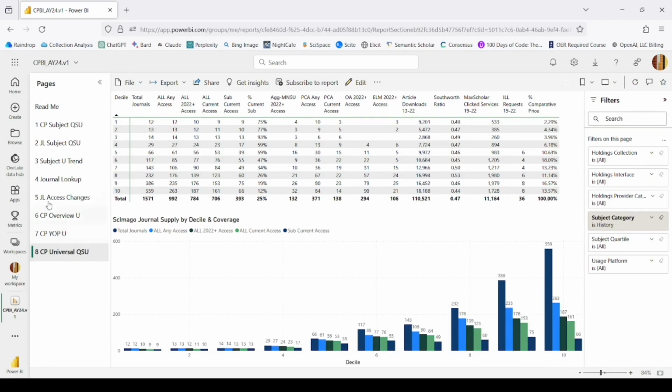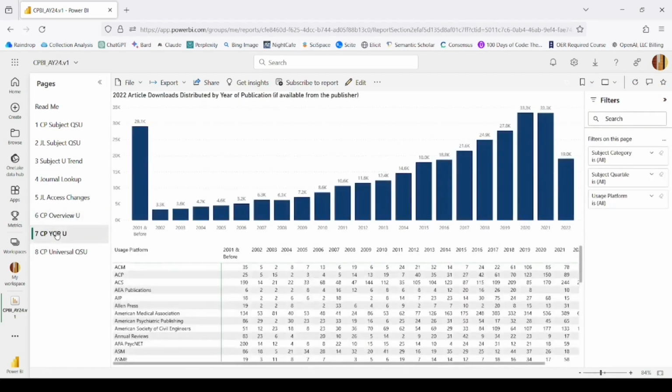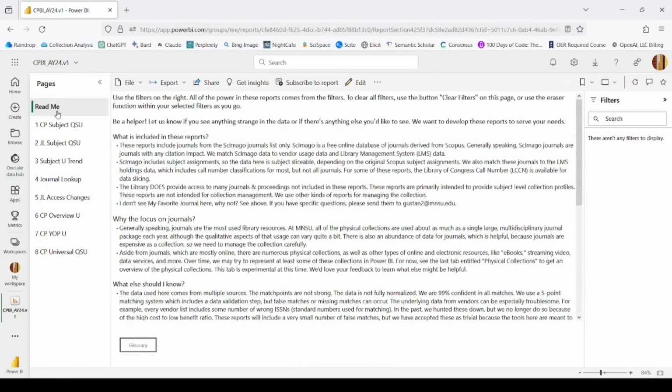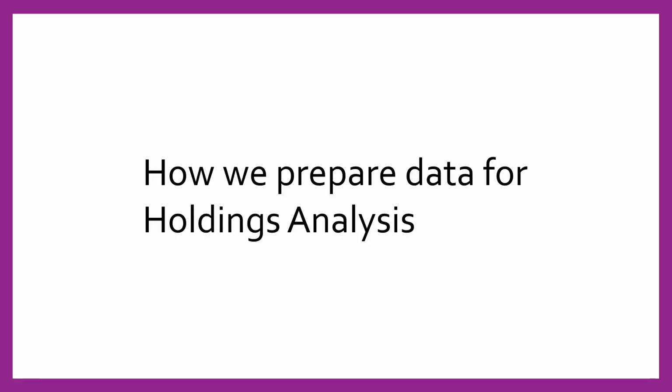Anyway, I don't have time to explore these reports very deeply, but hopefully I've provided a basic sense of the importance of holdings analysis generally and PCA coverage specifically for the application supported by our library's collection analysis reports. Unfortunately, when we wrote the presentation proposal, I misunderstood how much time we'd have, so I can't really provide a how-to in the couple of minutes I have left. I only have time enough today to provide a very brief overview of the steps we take to provide holdings